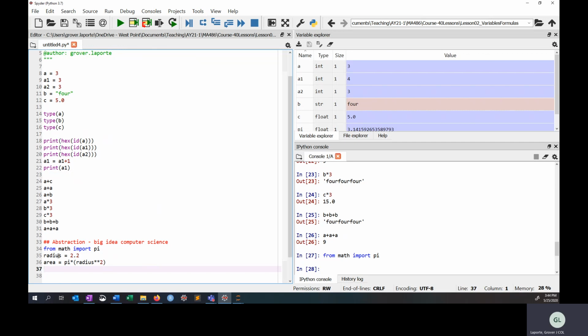So in my mind, I'm just thinking, okay, the radius is 2.2. And now what I want to do is abstract this idea of the area. So we're using what's called an expression. This is a mathematical expression, and it uses "Please Excuse My Dear Aunt Sally": parentheses,